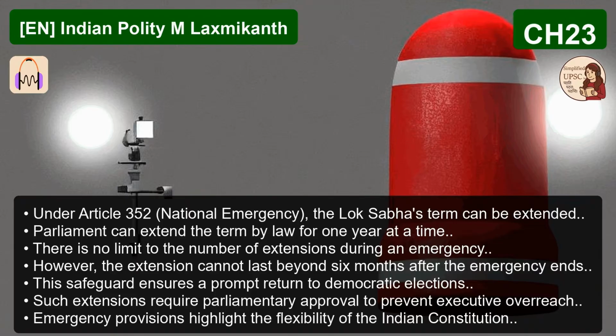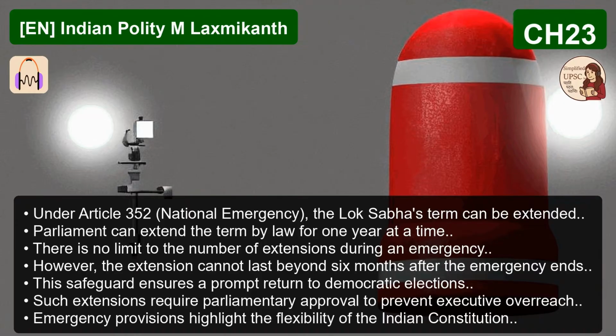And what's its maximum strength? The maximum strength is fixed at 250 members. Of these, 238 are to be the representatives of the states and union territories, indirectly elected based on population. And the other 12? The nominated members have a very specific constitutional function, don't they? They do. The remaining 12 members are nominated by the president. This nomination is based on their special knowledge or practical experience in 4 distinct fields: literature, science, art, or social service. It's a way to get experts into the legislative process without them having to run for election? Exactly. It ensures eminent non-political professionals can contribute.